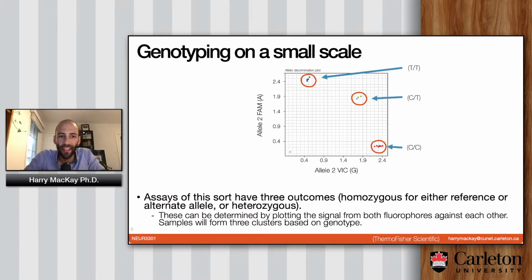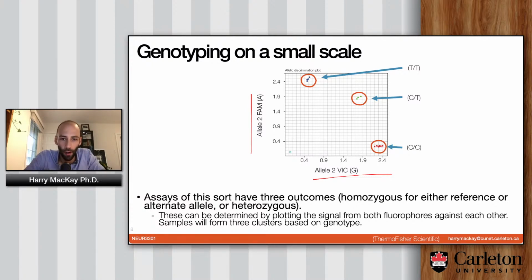So when you're looking at the data from this type of PCR genotyping approach, it's very simple to tell what genotype your subjects have. You would simply plot the fluorescence signal of the two probes, the green probe for the A allele and the red probe for the G allele, on the Y and X axes respectively. And the individuals that you're genotyping will cluster into specific points or groups of points based on